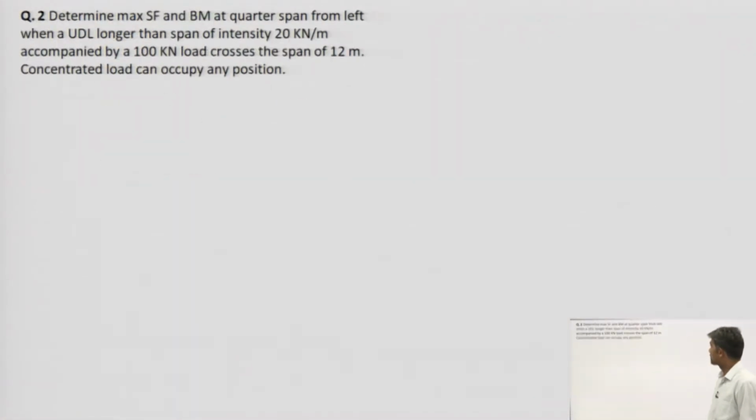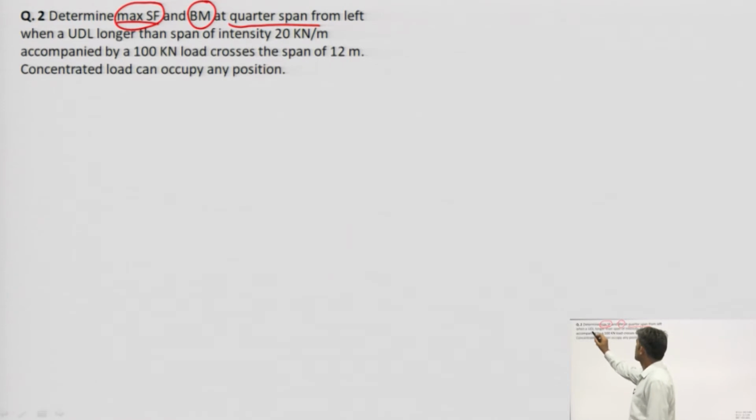So, let us solve this question first of all. In this question we need to determine the maximum shear force and maximum bending moment at quarter span from left when the UDL is longer than the span. Okay, when the UDL is longer than the span means